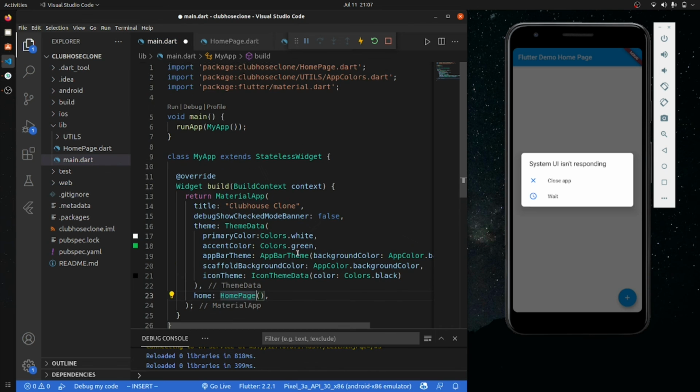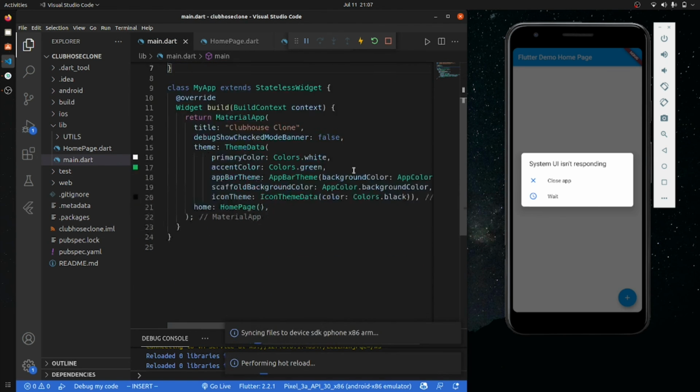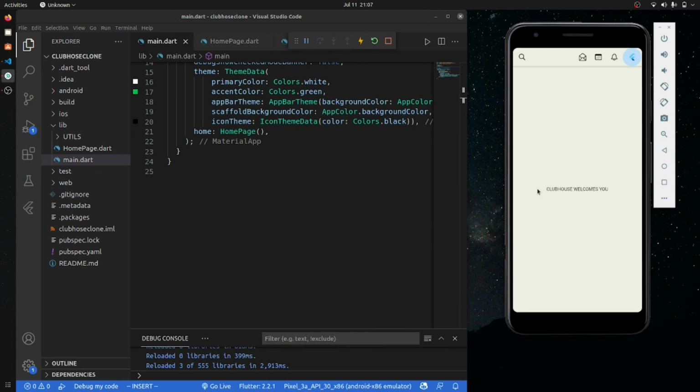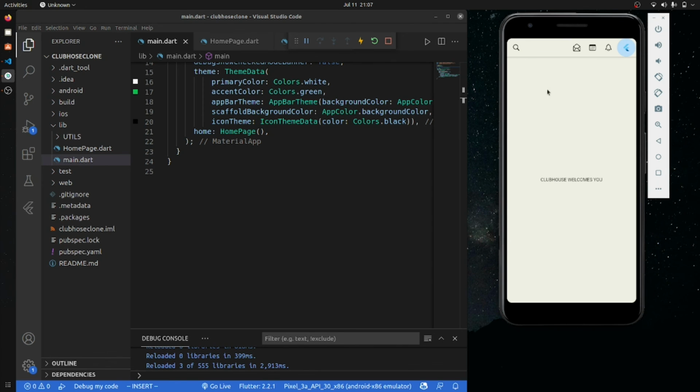Okay, I'm gonna save it, and now let's come to the home page and import the home page. Is it imported? Yes, we have imported it, and let's save it. Okay, so it will just sync, so let's wait for our application to reload. Okay, so you can see that we have our application with some of these things. Now I think there is some issue, something missing.